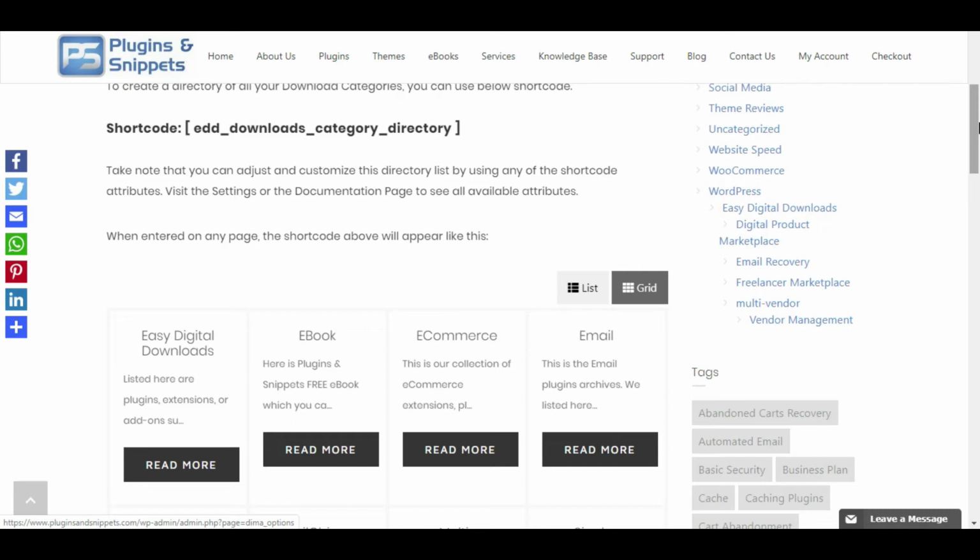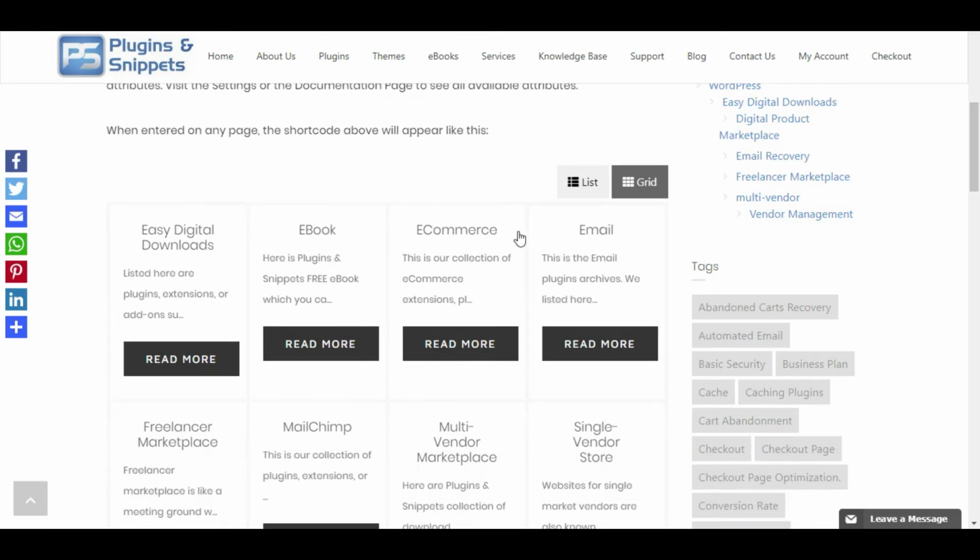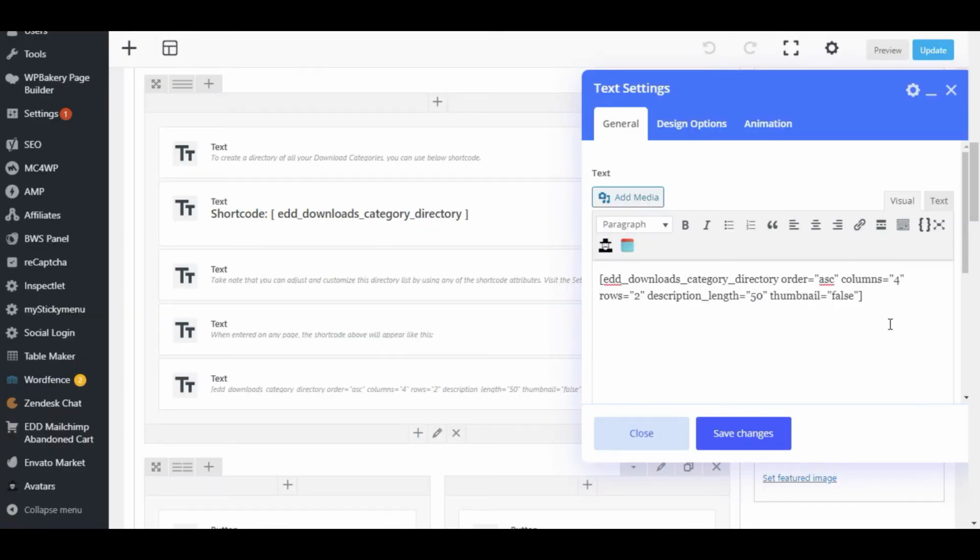Let's try making an example of how to fine-tune these shortcodes. Here's the shortcode, this one, an example with limited characters and no thumbnail. So we simply go to the backend page and make a few changes to add more text and an image thumbnail. Let's set our description length to 100 and thumbnail to true.